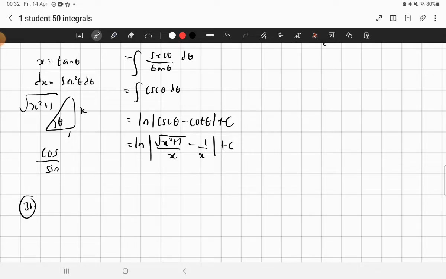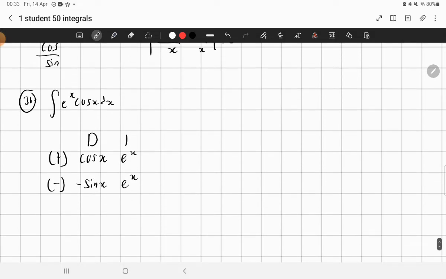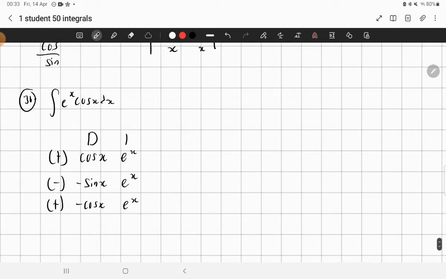Question 30. Finally, we have not really a complicated integral, but by using the tabular method, we have e to the power of x cosine of x. I'm going to integrate cosine. I don't want to integrate, I want to differentiate cosine. So we give positive sign, negative sign. So negative sine of x, e to the power of x. Then we are left with negative cosine of x, e to the power of x. So this is similar. So we start from there, and then